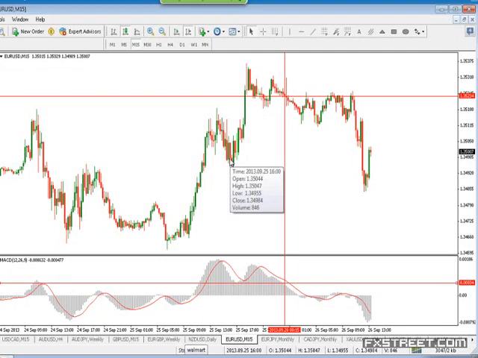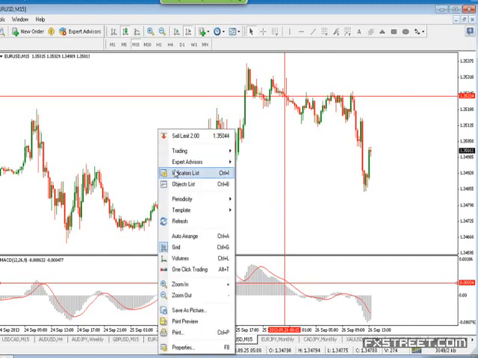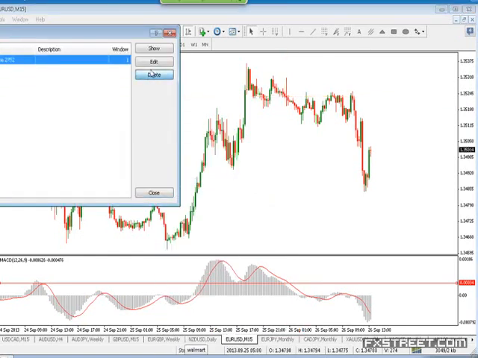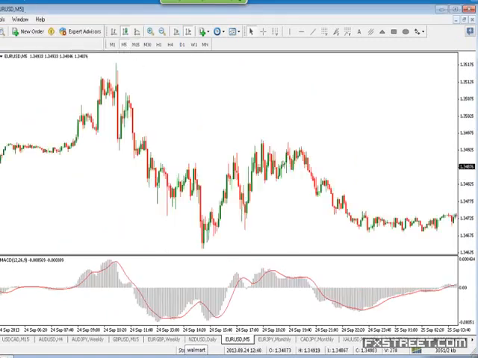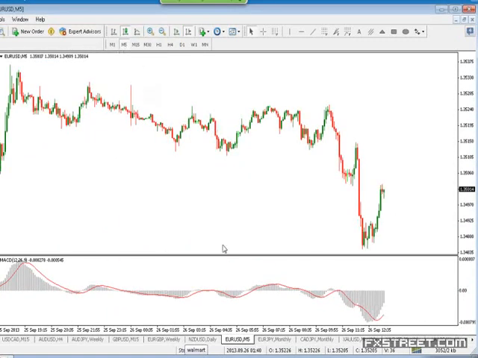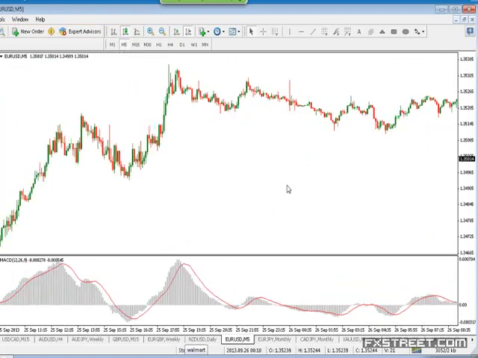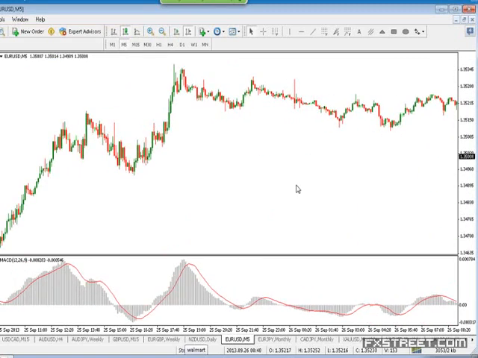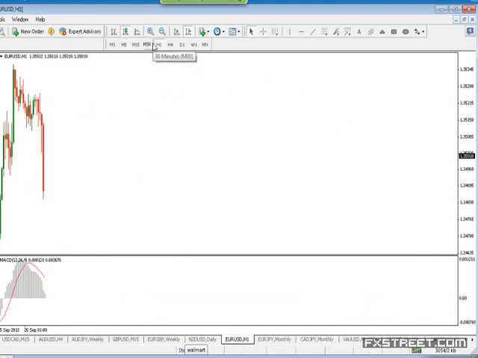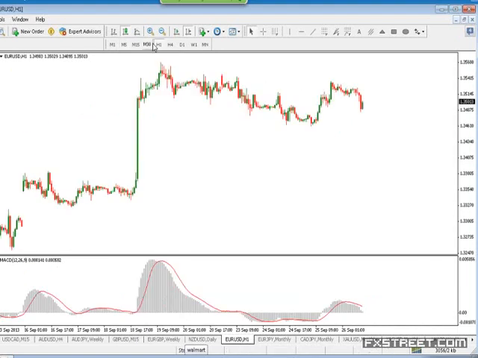So pretty much effective, right? It's a very good way of using the histograms. Once again, try not to use it on smaller time frames, because if we go down to the 5 minutes over here, you can see that the peaks and the valleys are not very clear because there's a lot of noise. I would prefer a minimum of 1 hour and above. Even on 1 hour, sometimes it's really not clear. On higher time frames, if you're swing trading, this is an excellent way to use the MACD to get a comparatively earlier entry into a trend.